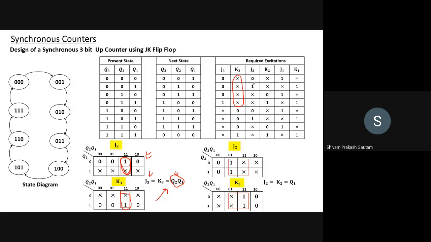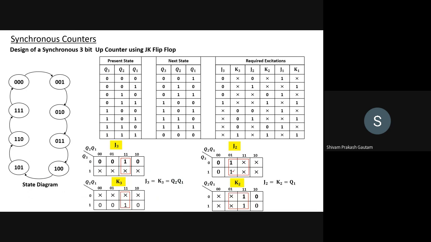Now look at J2, right? For J2, where is 1? So this is 1, 2, 3, 4, 5. 1 and 5 are 1. So you can see 1 and 5 are 1 for J2. And you can fill the don't care as well and 0 as well by yourself. So when you fill all of those,